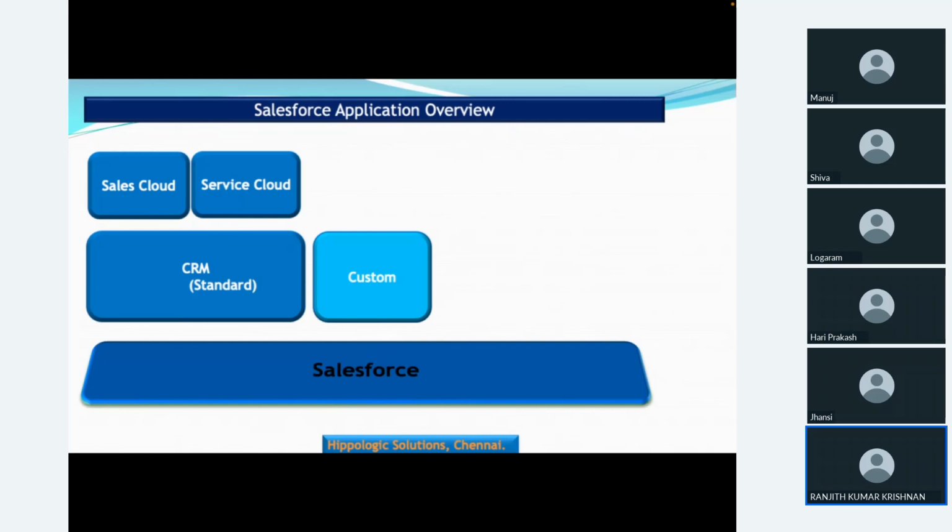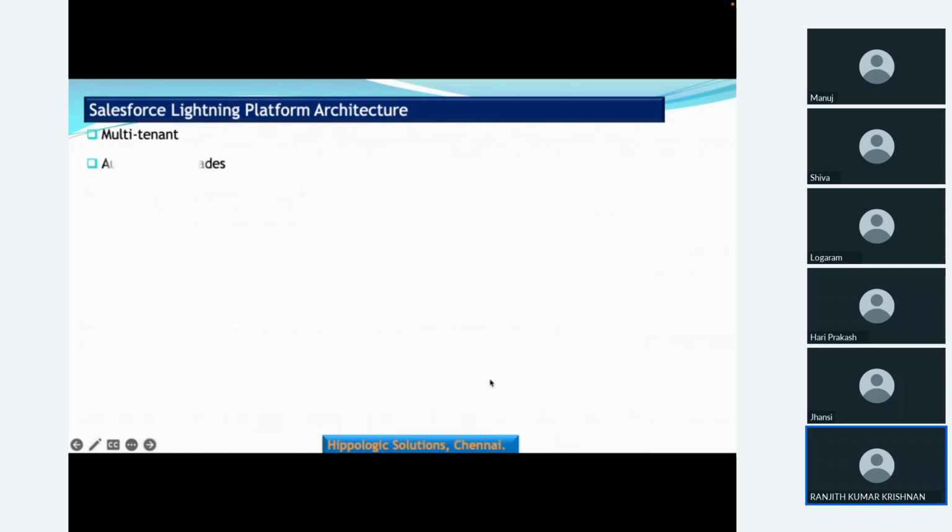How will you create a report? That doesn't involve any program, right? Which we call configuration. And how will you build applications using programs also? We call that customization. Configuration and customization. There are two approaches we have to build applications in Salesforce. Two approaches: